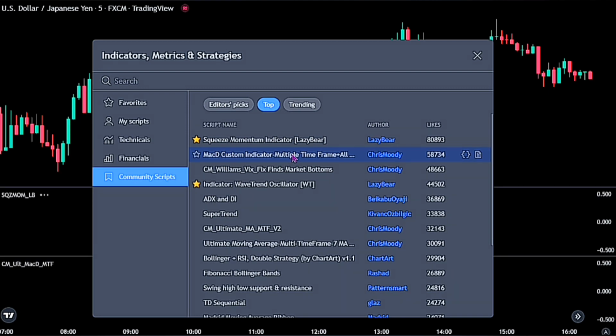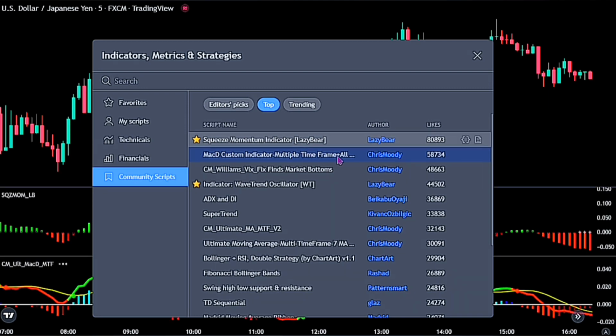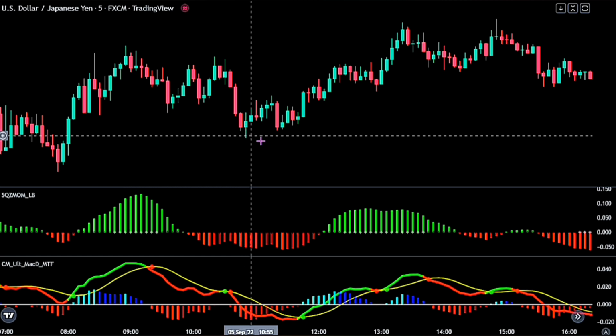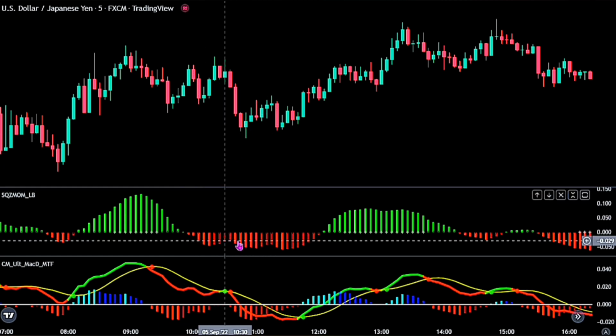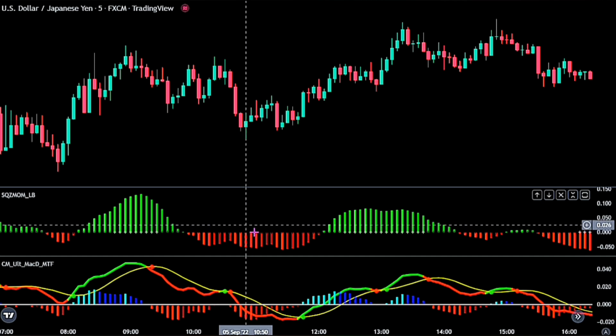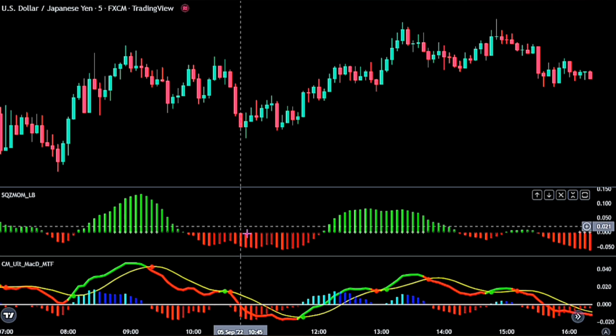Let me briefly explain why we're using these 2 indicators for this strategy. Now for the squeeze momentum, according to Lazy Bear, he noted that this is a derivative of John Carter's TTM squeeze volatility indicator, as discussed in his book, Mastering the Trade. You can check that out later, but for now, we would be using the indicator in a different pattern to